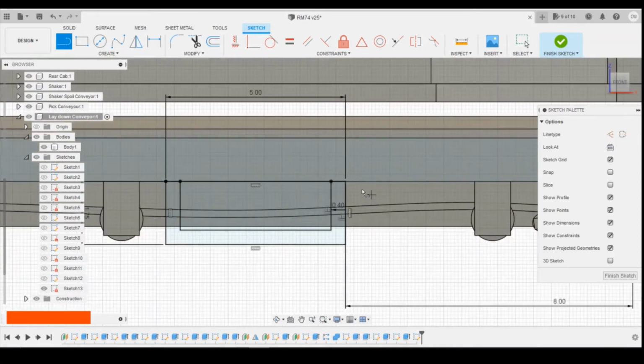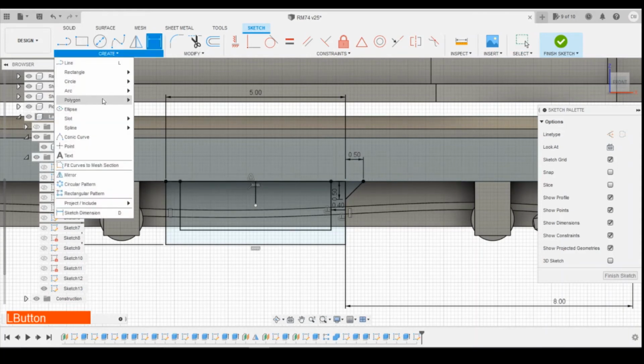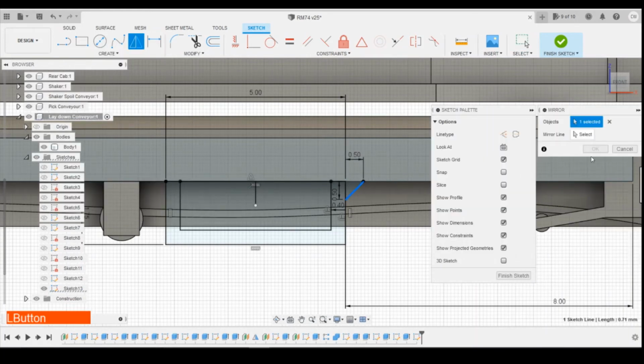And there's two triangular pieces. So what we'll do is we'll put a line down like that. We can use to mirror across. Another line like this. To find the height there, we're going to go for 0.5, and we'll do the same dimension across this way, 0.5, and then if we mirror that line across that centre line there,